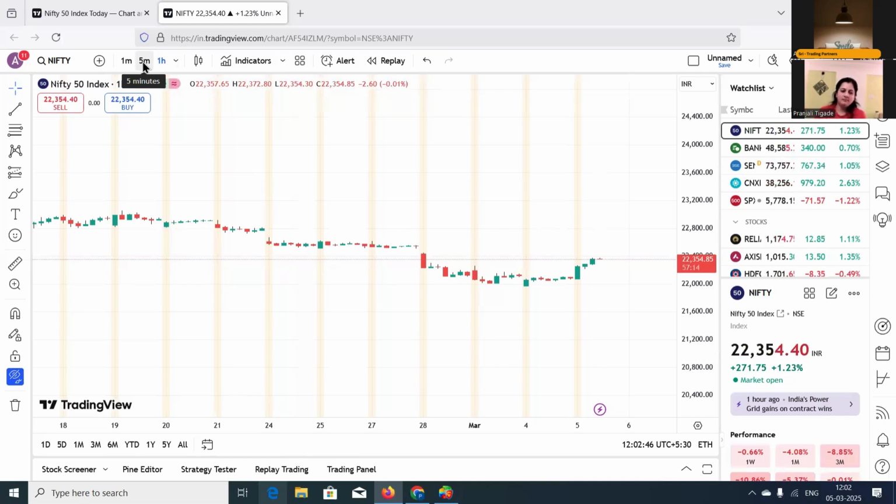So for them, the time frame is hourly, 1 hour. And in case of commodities, if you are trading with commodities, you can have a time frame of 4 hourly. And if you are a positional trader or investor, you should go with the daily time frame, weekly time frame, and monthly time frame.